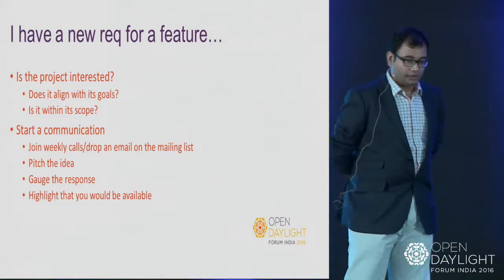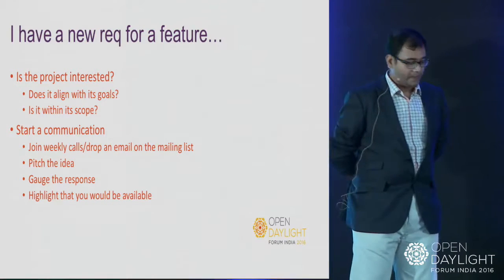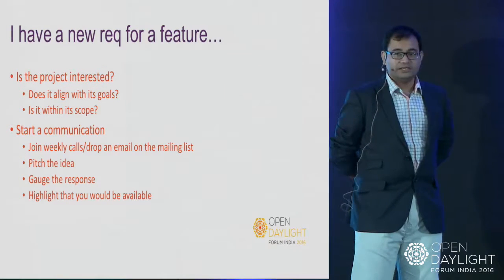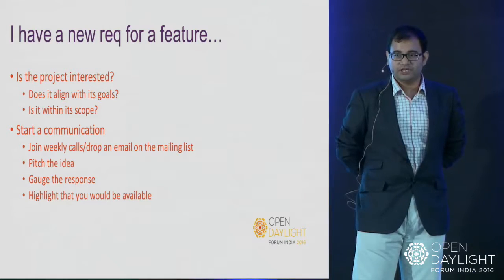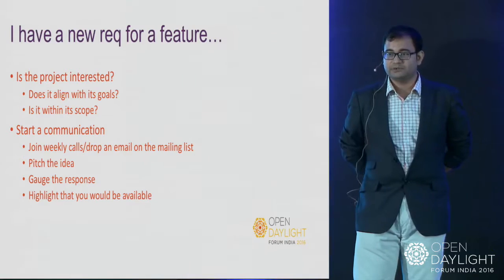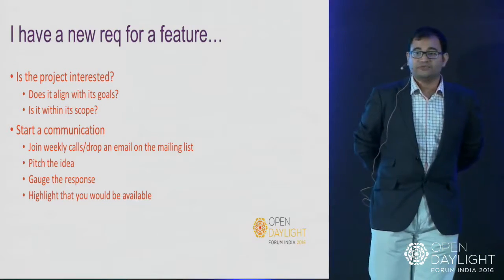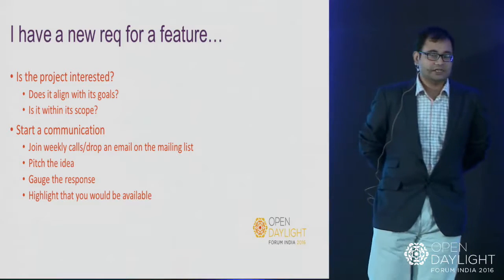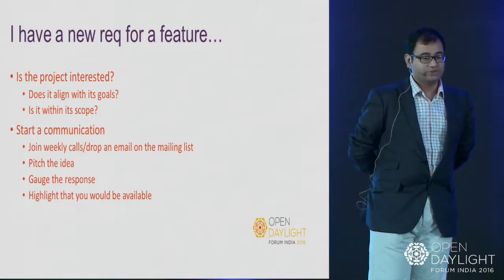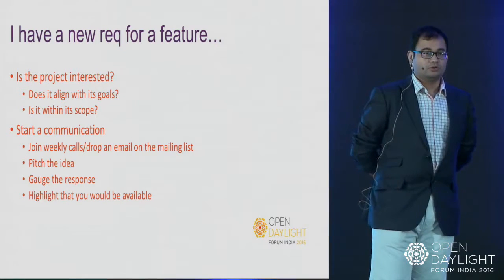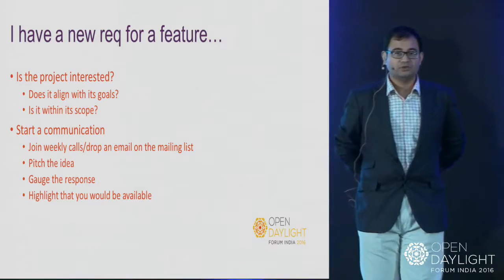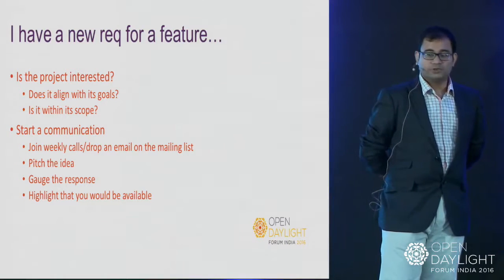So Vishal and Anil, I think they came up with an excellent idea for NetVirt: having a template for a feature specification. What is the outline of the feature, what does the feature actually do, what are the YANG files or the models that it is bringing in, what is the use case, what are the files that are going to change, and what are the test cases that are going to be impacted or added as a part of this. Simple documentation like this, with reStructuredText, that is currently in. So the moment you code in a feature and you have documentation on it, it gets linked to the ODL documentation so that you can easily find out more about this particular feature.